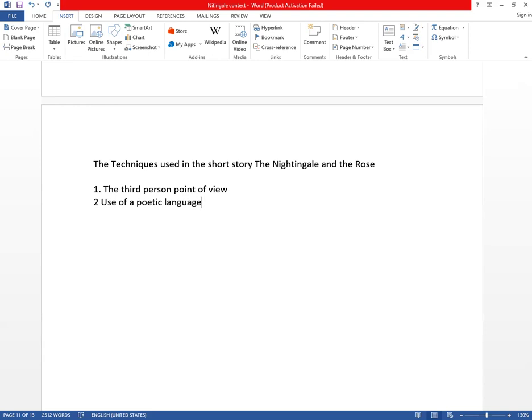Oscar Wilde writes the story using poetic techniques like the similes,